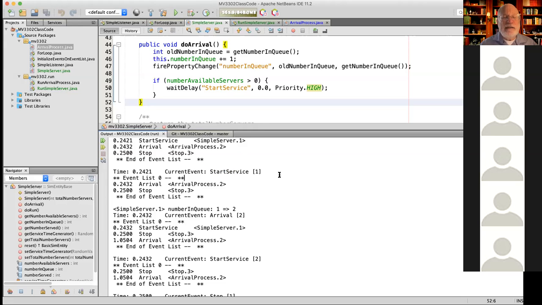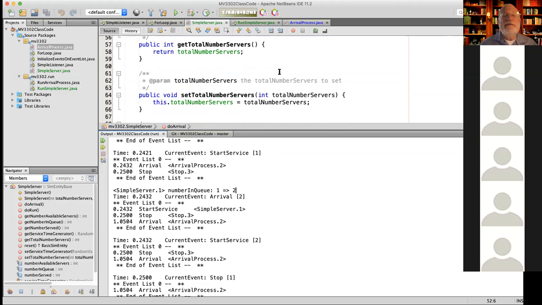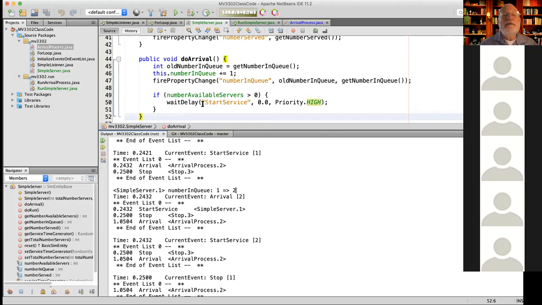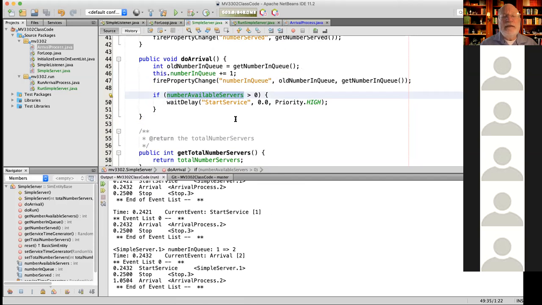Okay, we haven't done anything on that yet. But then the arrivals keep happening, and every time the arrival happens, because S has not been decremented, because that's always bigger than 0, then we keep scheduling the start services. Okay, in the final model, that's not going to be what happens. In the final model, what's going to happen is that if the number of available servers gets decremented, then when an arrival shows up and this